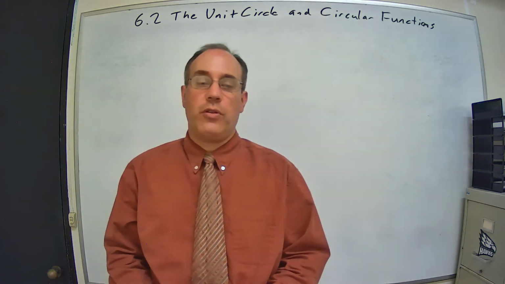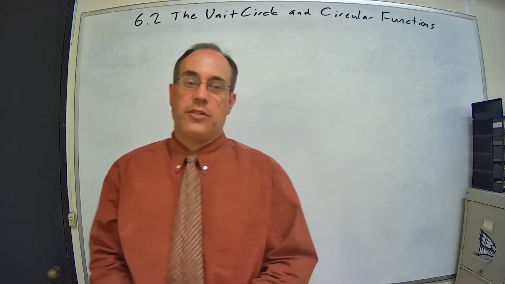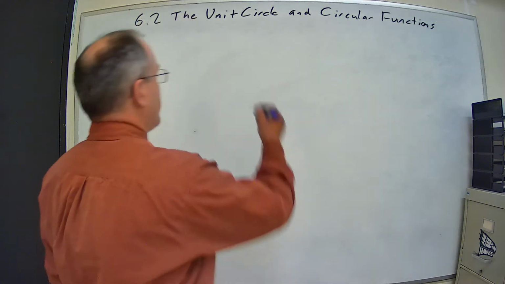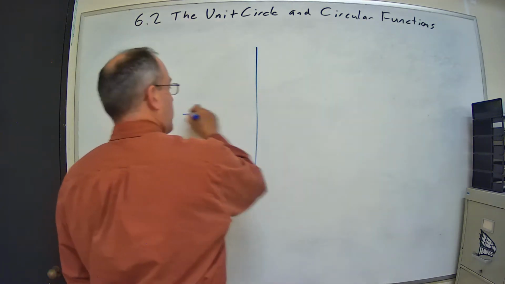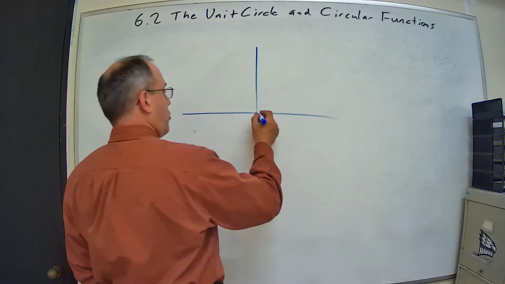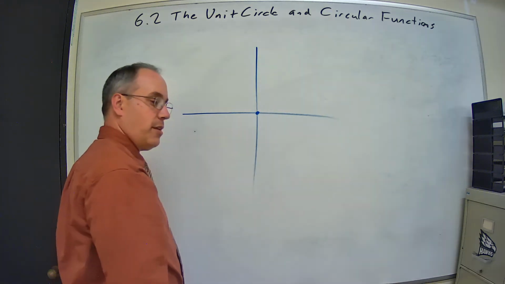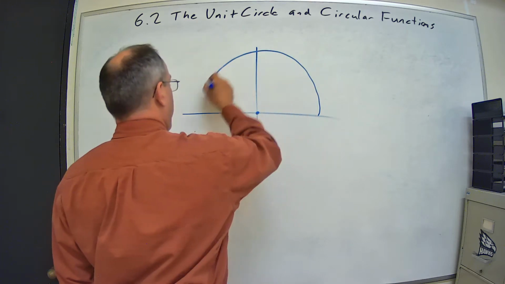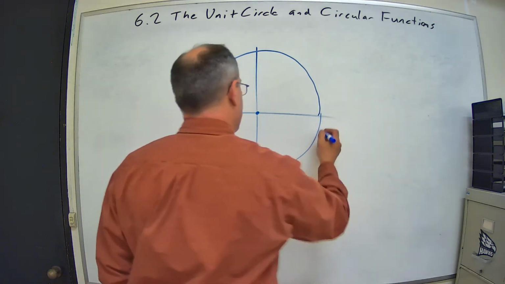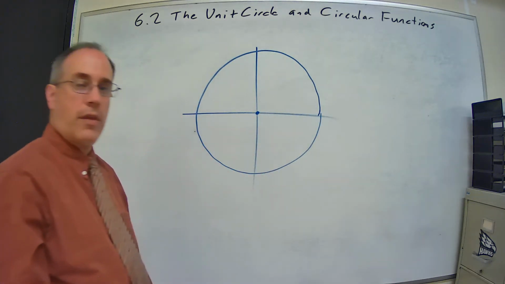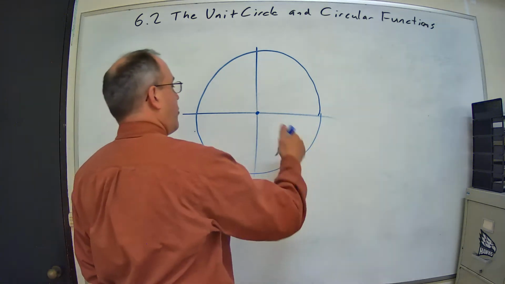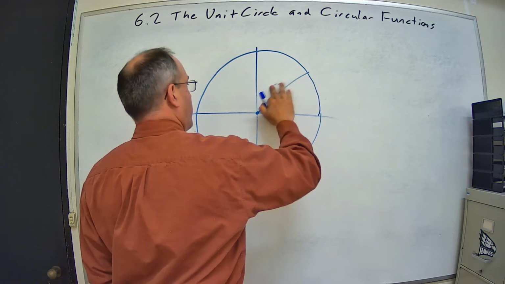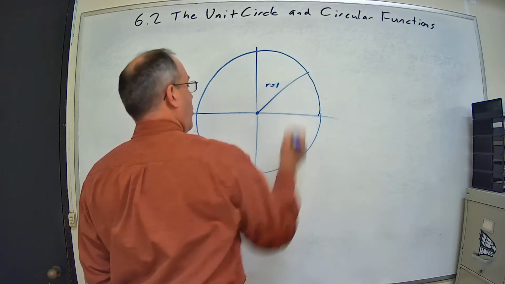6.2, the unit circle and circular functions. So we've talked about the unit circle before, but let's just remind ourselves what that is. A unit circle is a circle with a center at the origin and a radius of 1. So if we have a radius, I'm just going to put r here, and let's make it r equal to 1,